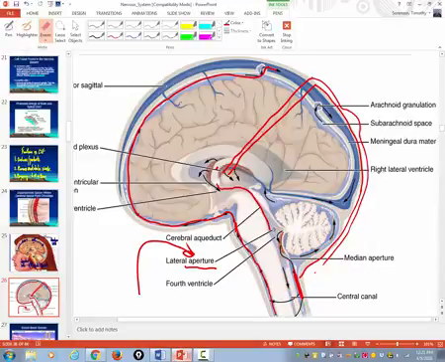So you have the lateral aperture that allows cerebral spinal fluid to circulate around the cerebellum. Then you have the median aperture that allows it to flow through the subarachnoid space, and then it will naturally flow through the central canal. And if you look here,